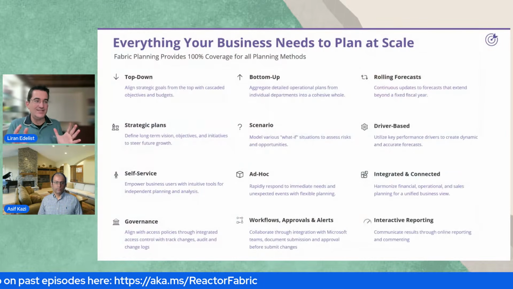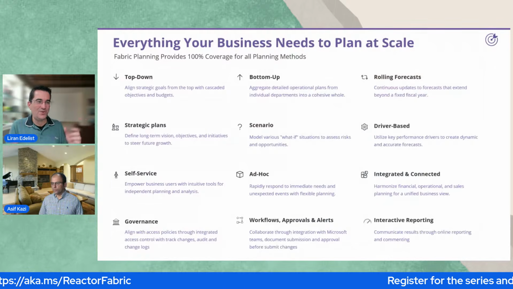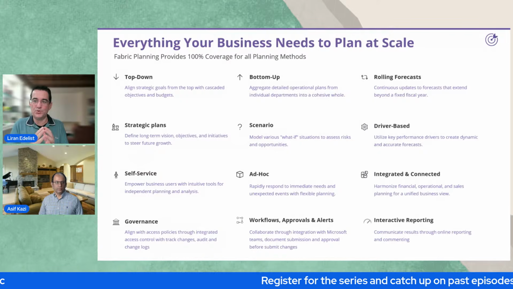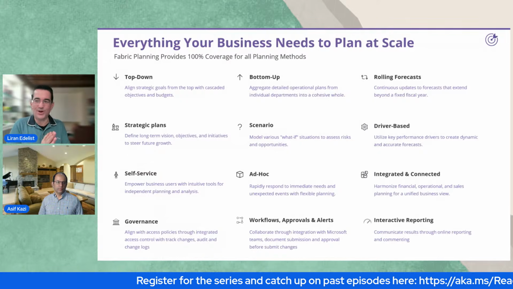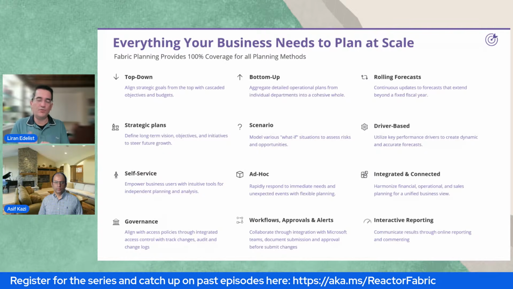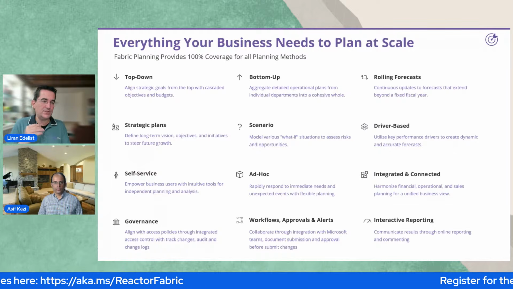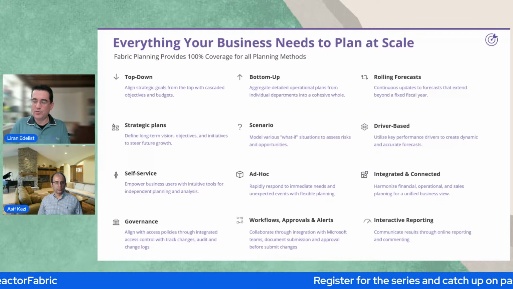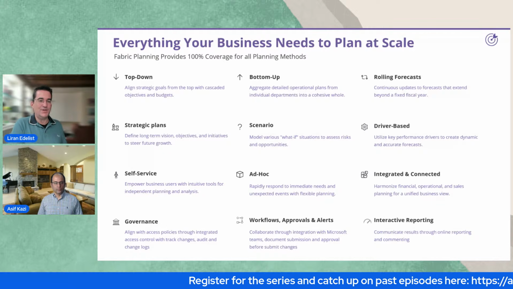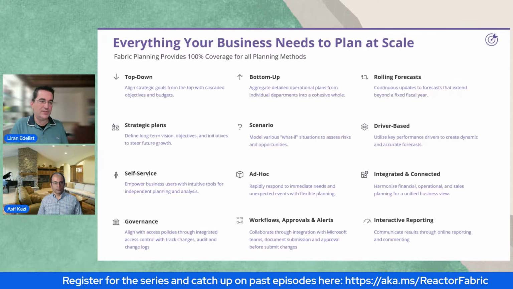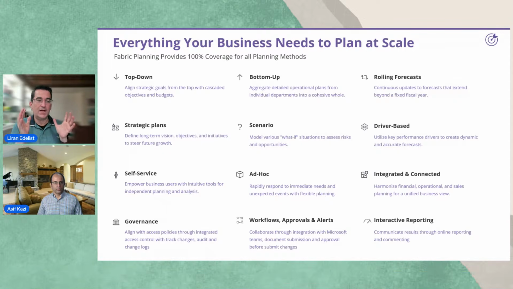So to finalize that, it's difficult in 1 hour to explain, to show, and demonstrate, but I can assure you that we have hundreds of features, kid you not: top-down planning, bottom-up, rolling forecast, driver-based, scenario management, strategic plans, strategic view, self-service capabilities, ad hoc capability to build reports from scratch, integration capability, all connected to your database, workflow, reporting, and definitely everything is under strict governance, and everything is being done on your own Fabric tenant. Nothing is going to an external cloud, so data is protected in your Fabric tenant. So that's a quick summary.